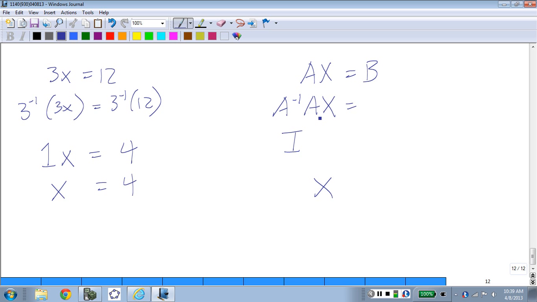If A is a 3 by 3 matrix, we want to multiply that by some other matrix that will give us the 3 by 3 identity matrix. So we're thinking this is going to be a 3 by 3 matrix, so we'll get I as the answer. I'm not doing Roman numerals here. I is the 3 by 3, or whatever order, identity matrix. X is the matrix with nothing but variables. We'd need to multiply both sides by that mysterious matrix. But if we did,